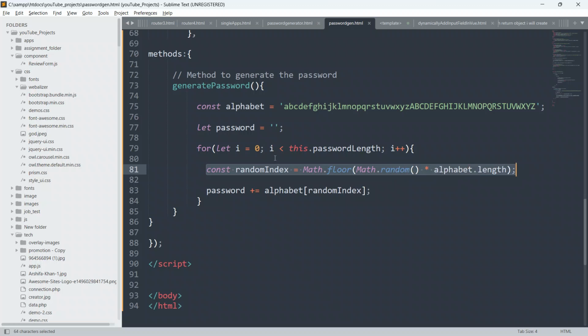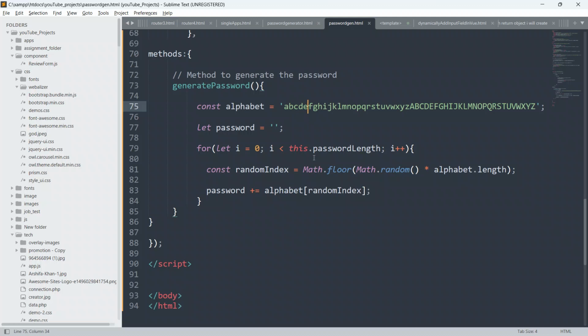Suppose from the first cycle, or the first loop, we get 2, so 0, 1, 2, we will get C. From the second cycle, suppose we get 3, so 0, 1, 2, 3, we get D. From the third cycle we get the random number 5, so it will go 1, 2, 3, 4, 5. As this is a string, it is zero-based, so it will go to F, and it will copy the F from here.